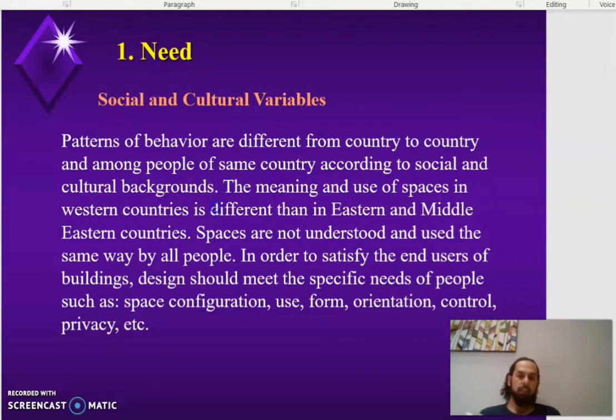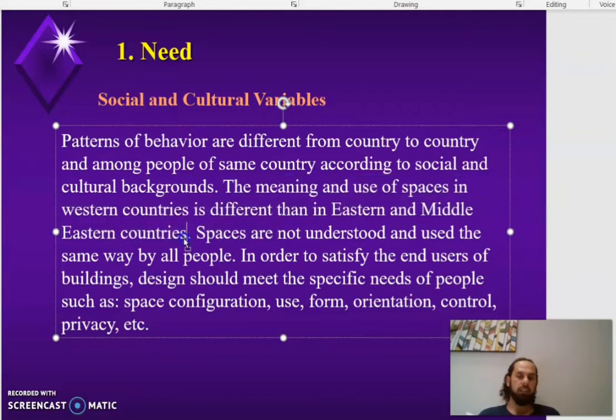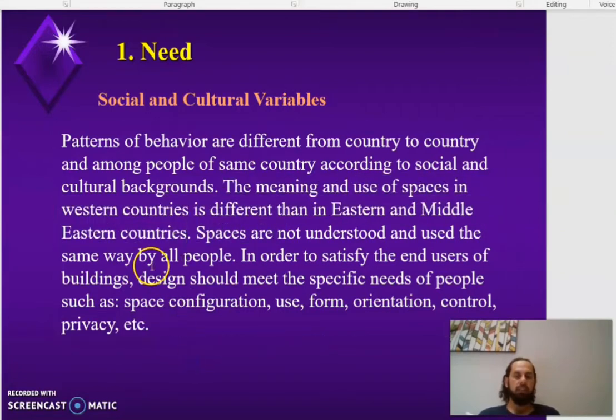وبالتالي نقطة مهمة جدا اللي هي يتكلم عليها the meaning and use of spaces. يعني المعنى بالنسبة للفضاء والاستخدام الفضاء بالنسبة للwestern countries is different than the eastern and middle eastern countries. هذه المسألة مهمة جدا أن نأخذها بعين الاعتبار. وعلى سبيل المثال، مثلا أنا أضرب دائما مثال الأمريكان كيتشن، المطبخ الأمريكي مثلا. هذا ما يناسبنا احنا